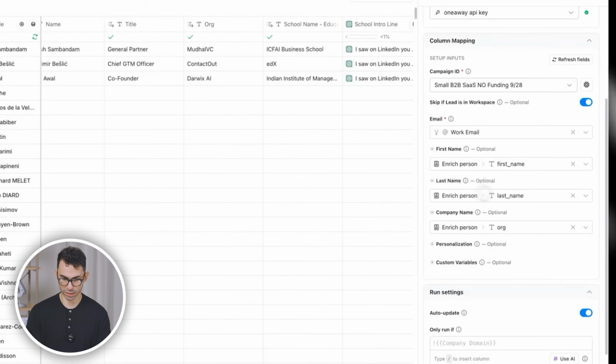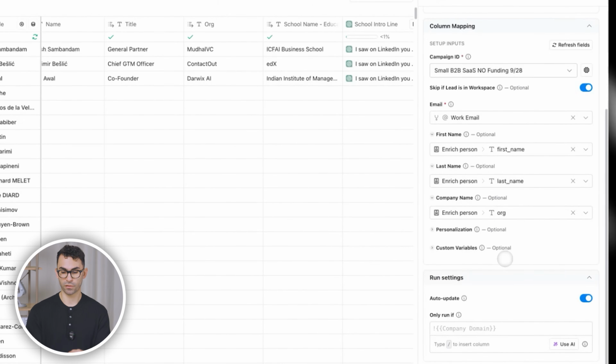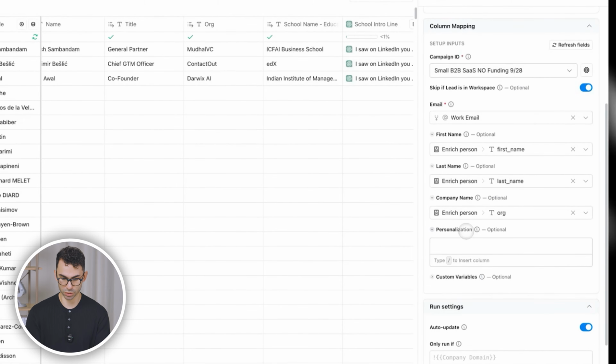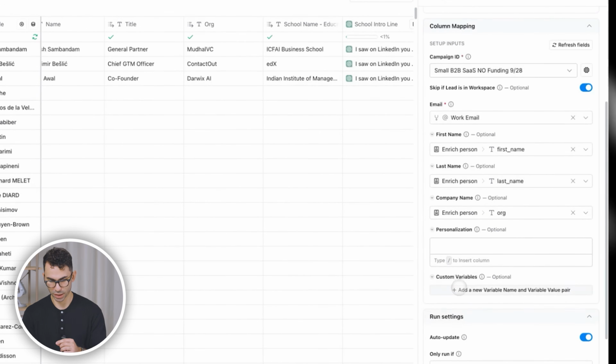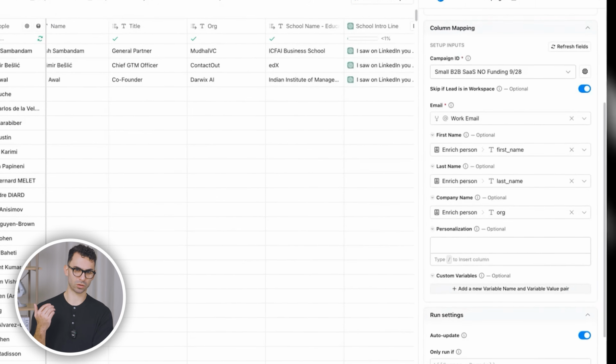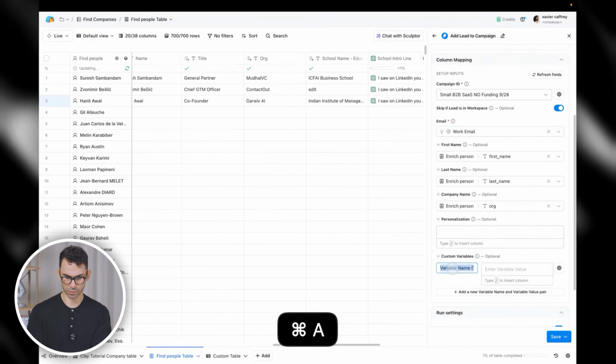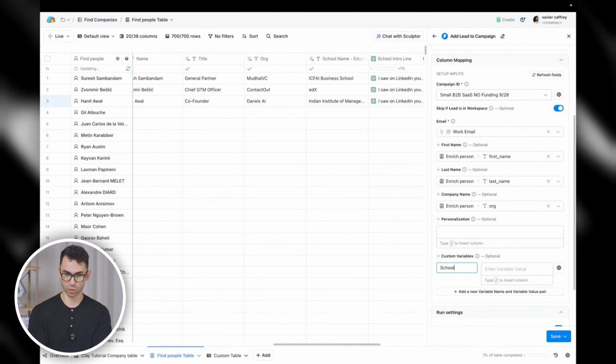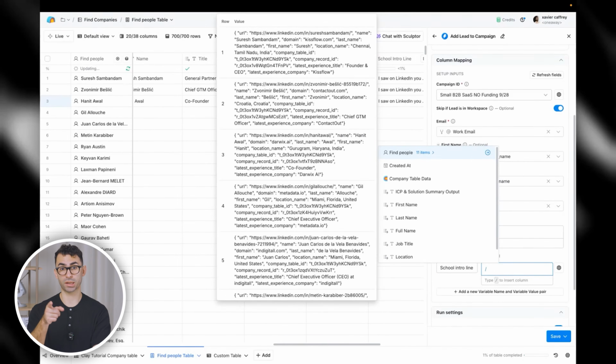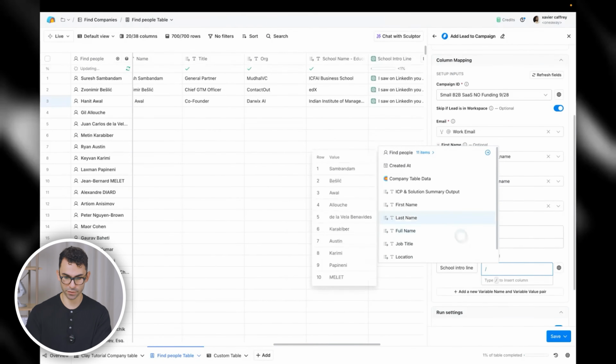First name, it has it correct, last name has it correct, company name, and then for any of the personalization that we used, we can either add it here, or it's easier for me to add it as a custom variable in Instantly. This will probably change depending on the tool that you use, but if I just click on here, and I'm gonna call this, let's say, school intro line, and then if I go here, slash, if you remember,